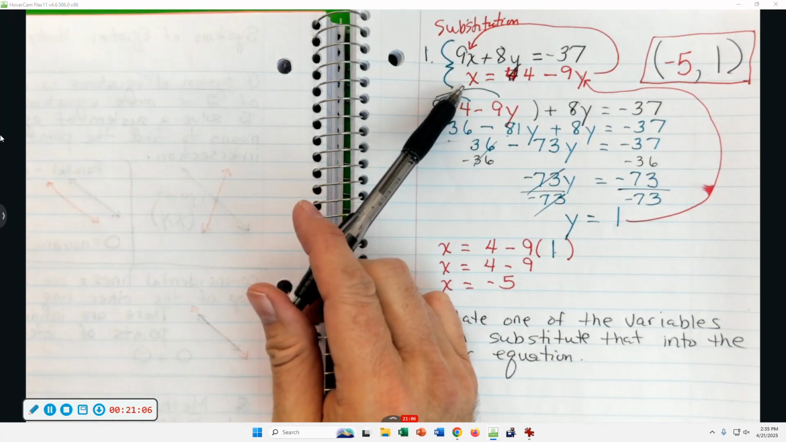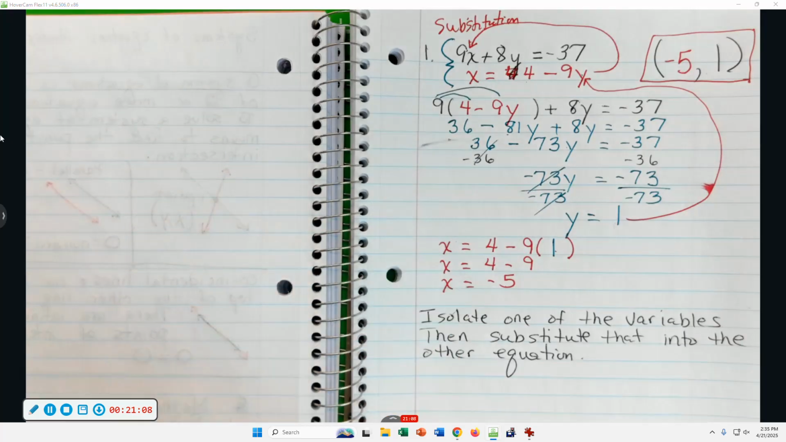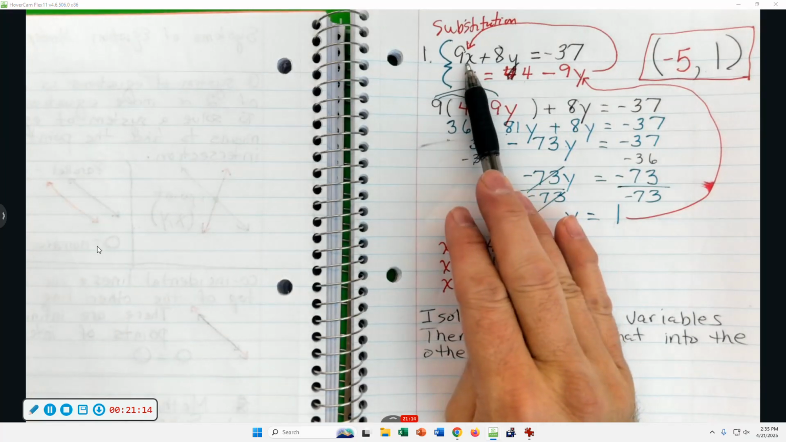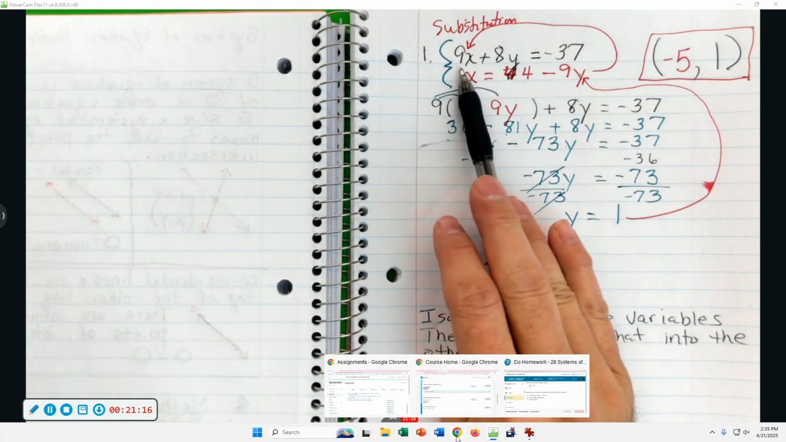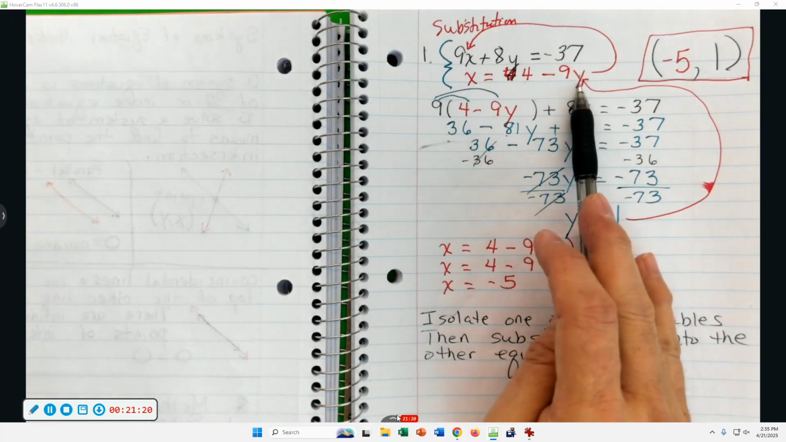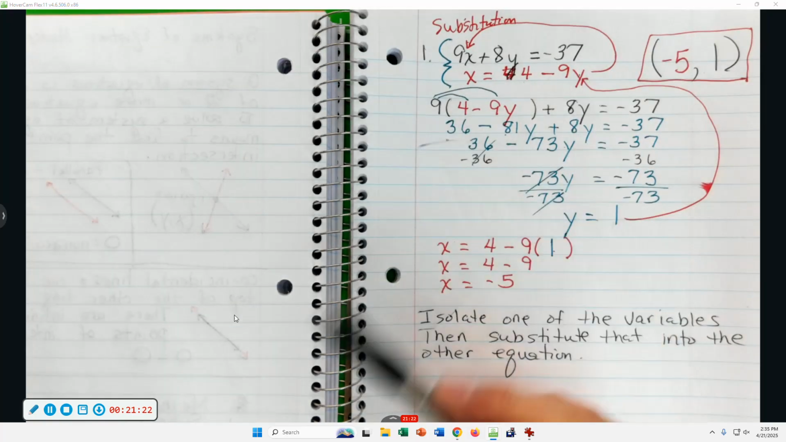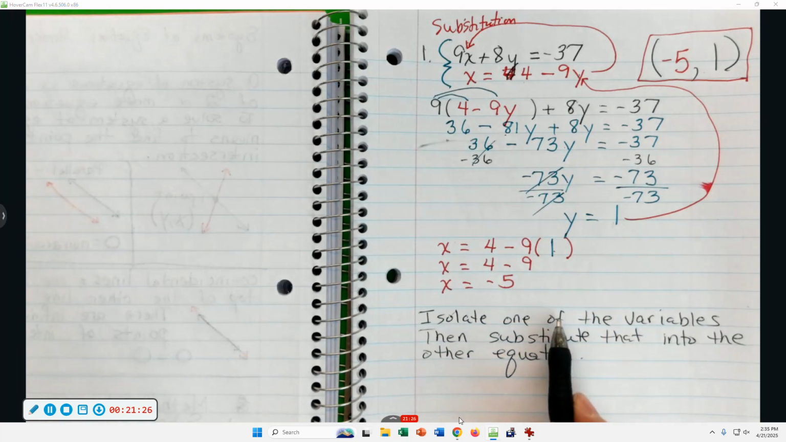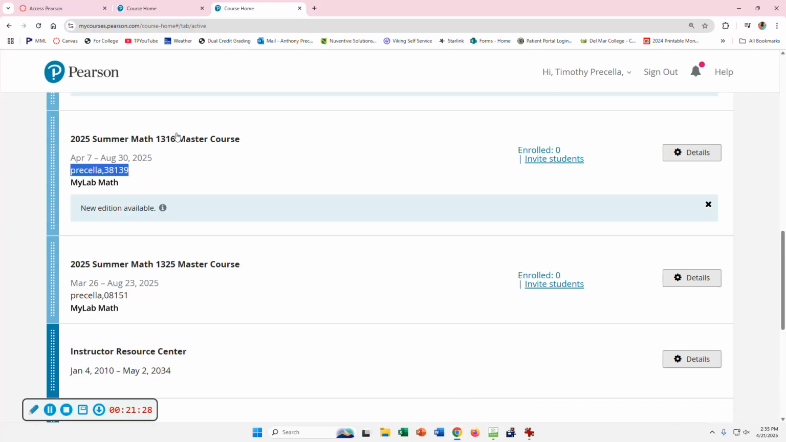Well, that was problem 1, and one of the variables was already isolated. The natural question to ask is, what if they're not? What if they were both written in this general form, like the first equation, ax plus by equals c? What if this had been x plus 9y equals 4? Well, then you're going to have to isolate one of those variables. As a general rule of thumb,